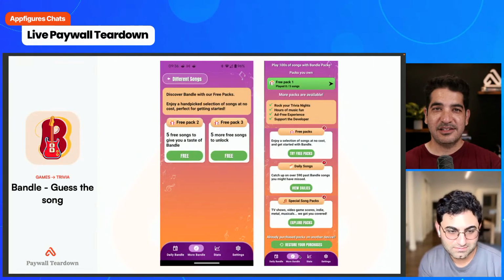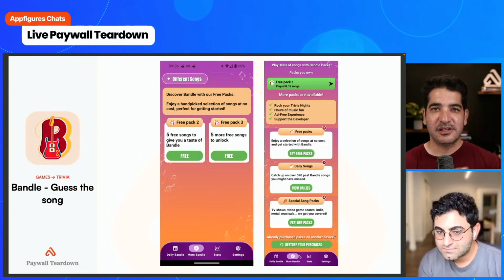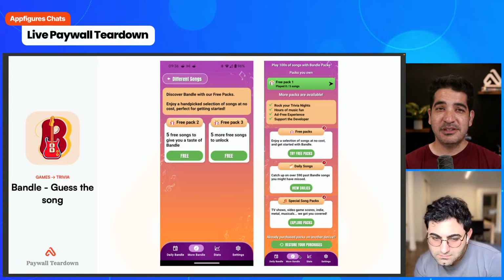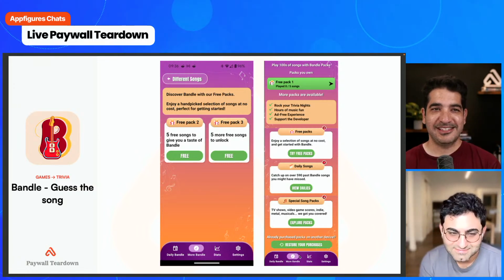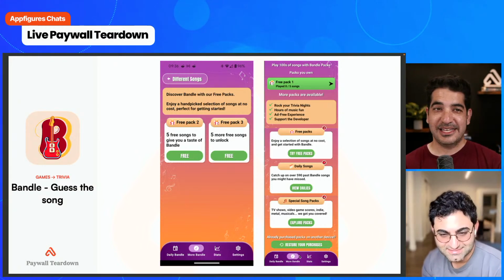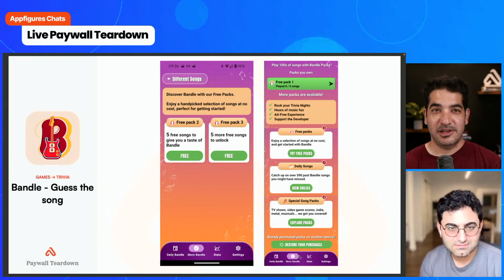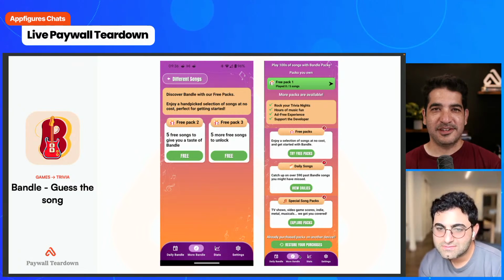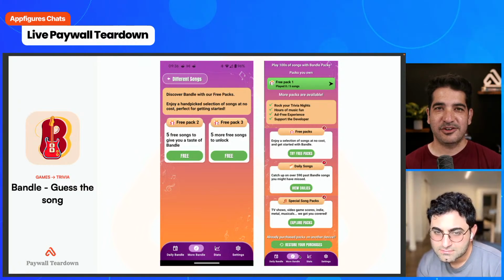Our next one only has what looks like, I think, a screenshot of a scrolled paywall and also another one. So two things. Trying to figure out what is going on here. Again, I don't know these apps, so I didn't really know what I was getting myself into when I copied and pasted a whole bunch of screenshots into this. But the app is Bandle, Guess the Song, and it is a trivia game. We have another trivia game in a few slides, so that's interesting. Where do you want to start with this? Because I have a few problems with what I'm seeing on the screen that I think are hurting conversion.